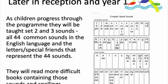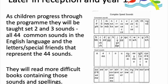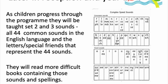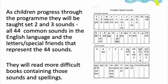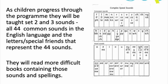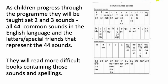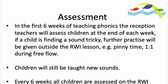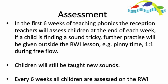Children in reception sometimes reach these levels and they'll be taught set 2 and set 3 sounds once they've learned set 1. This then matches digraphs and trigraphs to the existing single letter sounds that the children have already learned in set 1. The books that they then read will reflect this challenge with more digraph and trigraph words in the books. In the first 6 weeks of teaching phonics in reception, we do a lot of swapping children around